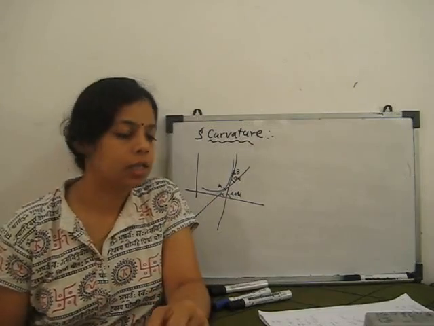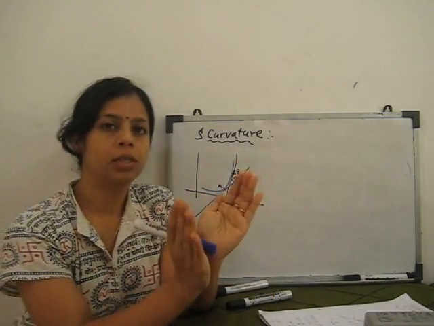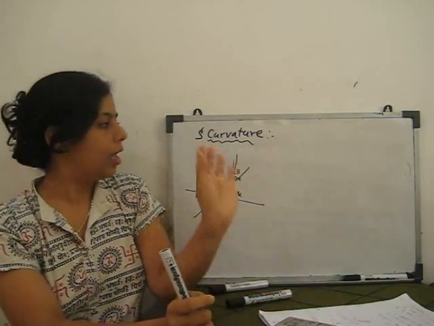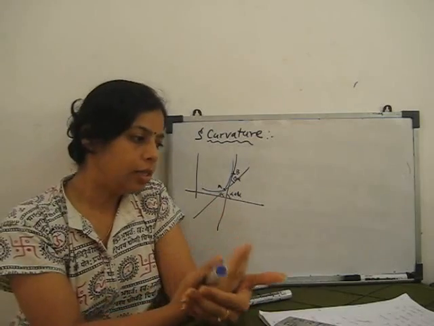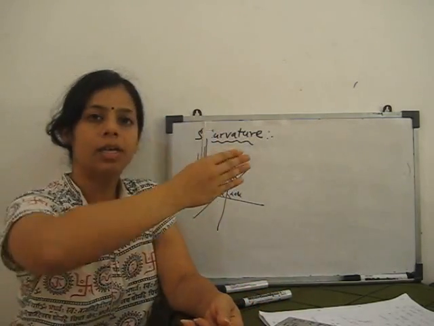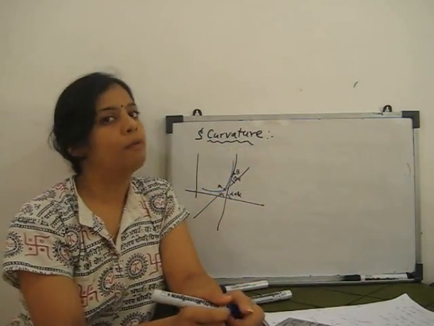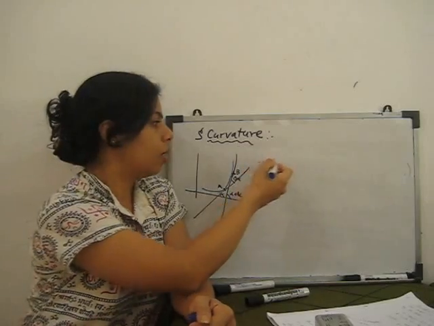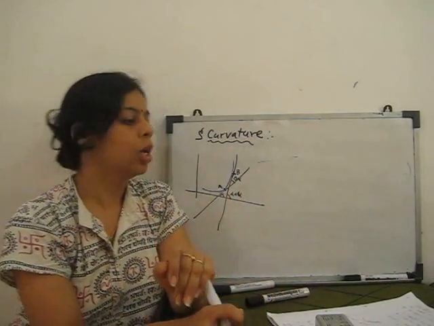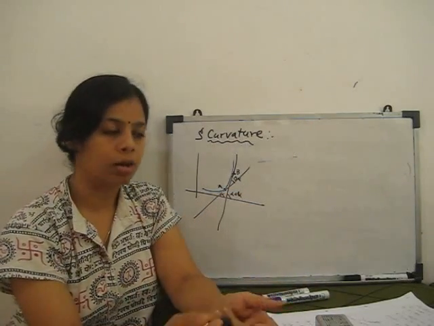So basically, first we understand the meaning of curvature. Curvature means if we have a curve, then on any plane its bendness is called the curveness. How it bends, that is called the curvature. A straight line never bends at any end. So a straight line has no bending, which means it has no curvature.